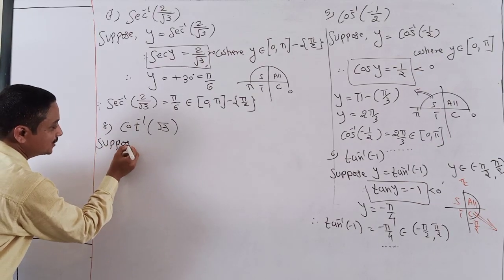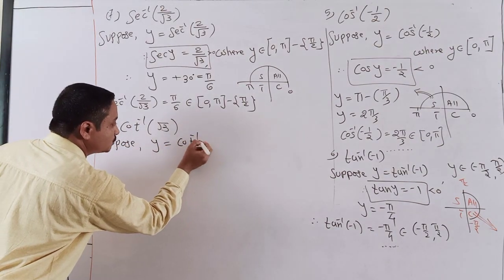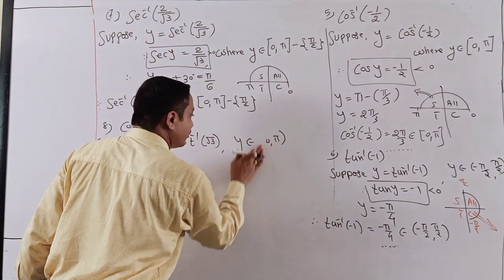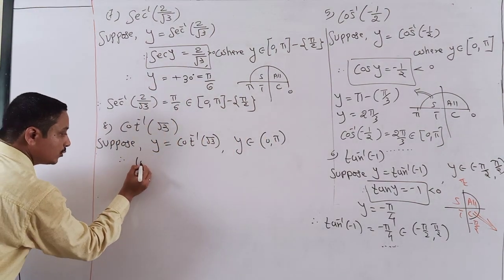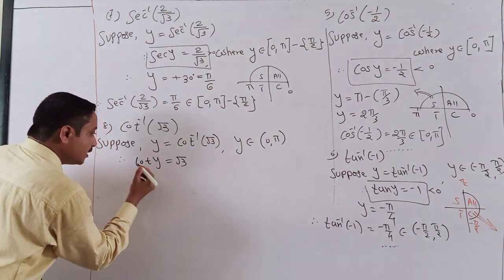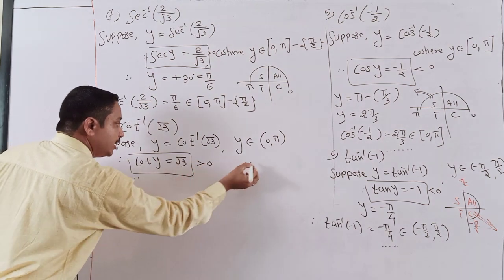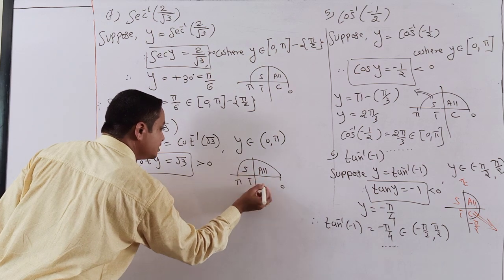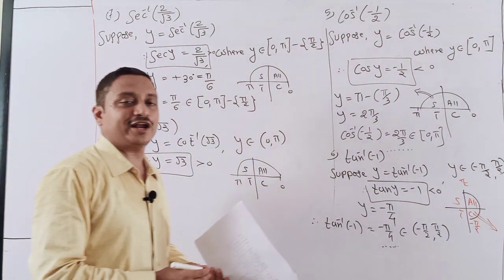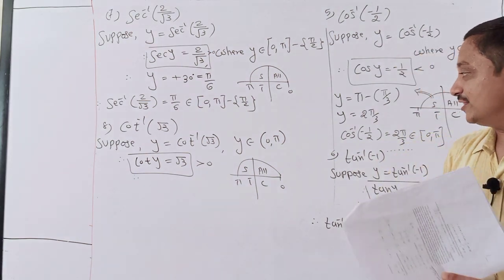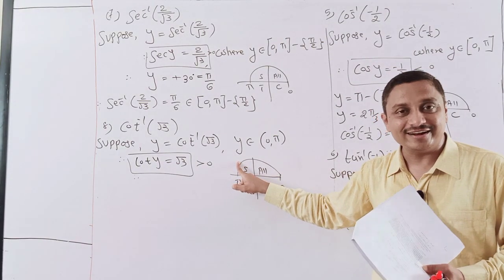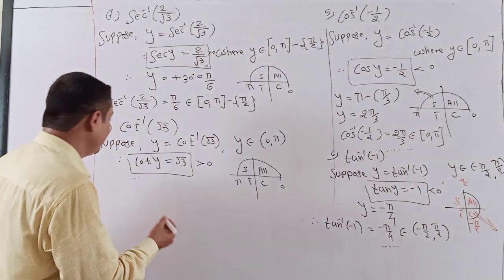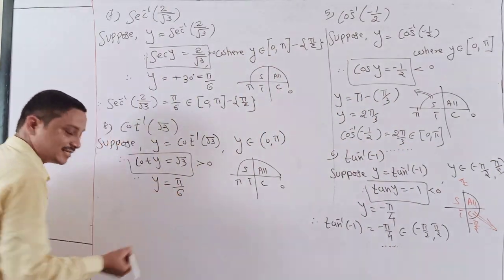Suppose y is equal to the given question, where y belongs to my range, 0 to pi, open bracket. So what is cot y? Root 3. Now, it is positive in this range 0 to pi. One more time, repeat, all STC wise. Students, check: cot positive, in which quadrant? Either in the first or the second. Where? Yes, it is the first quadrant. So I just tell the first quadrant degree. It is 30 degrees, pi by 6.